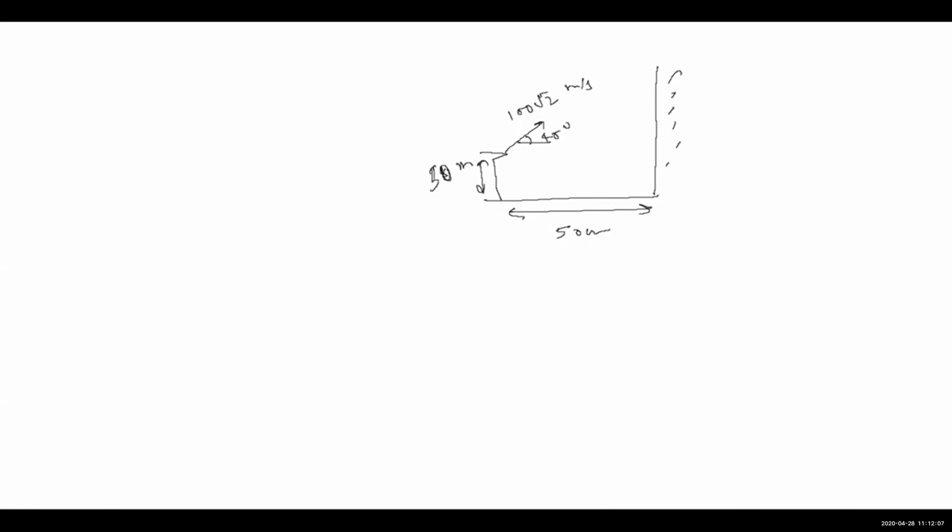So there are two buildings. One is quite large. This one you can say infinity तक है. The second building is of 50-meter height. From the second building, projectile is thrown with the speed 102 meter per second at an angle 45. The distance between these two walls is 50 meters. Calculate the point where this projectile is going to strike with the ground with respect to horizon.